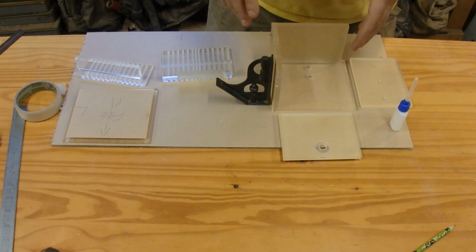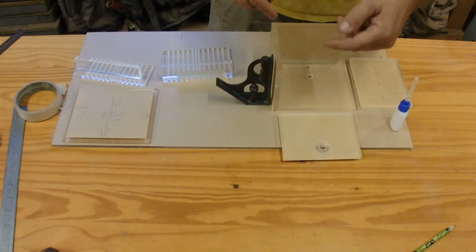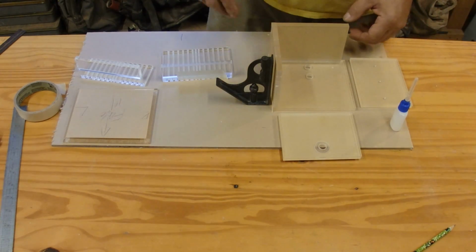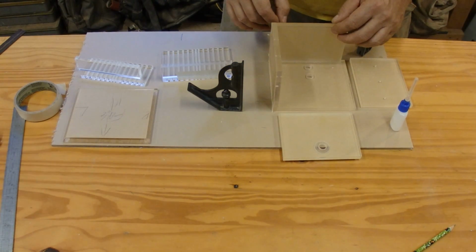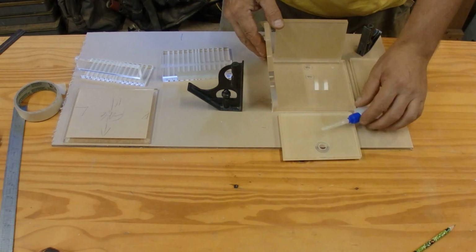Everything's been sized, polished. All the little things that I needed to do have been done. I'm going to start by assembling the back, one side, and the bottom, so I can put everything to it. So this is pretty much the critical part, so I thought it'd be fun to capture it. What the heck, huh? So to ensure that I'm going to get good glue,